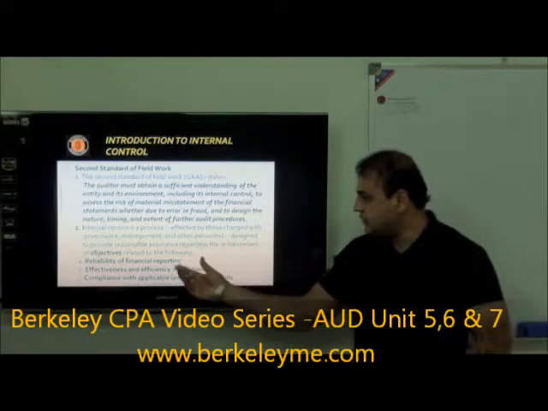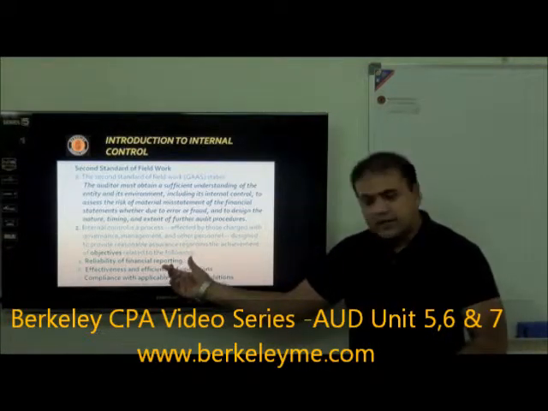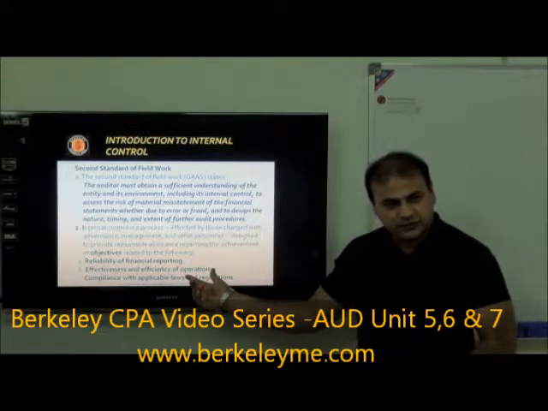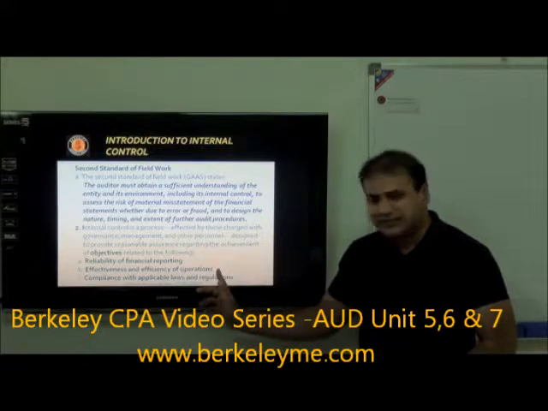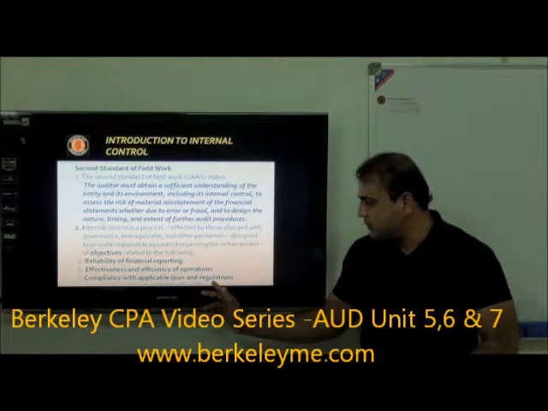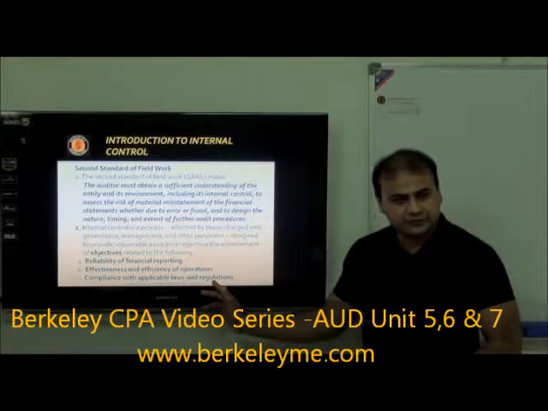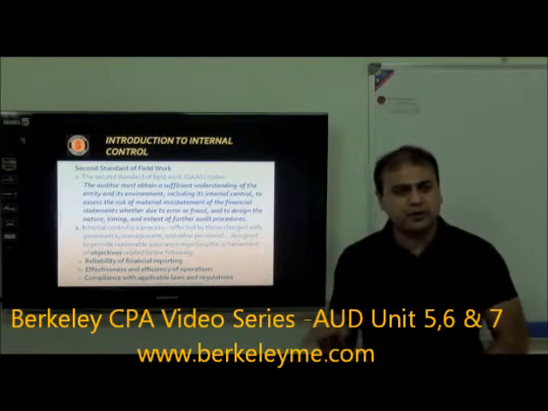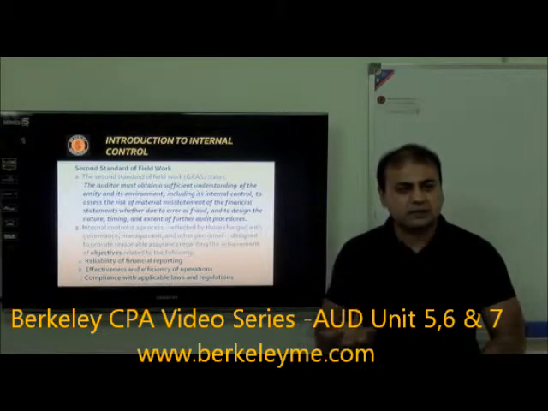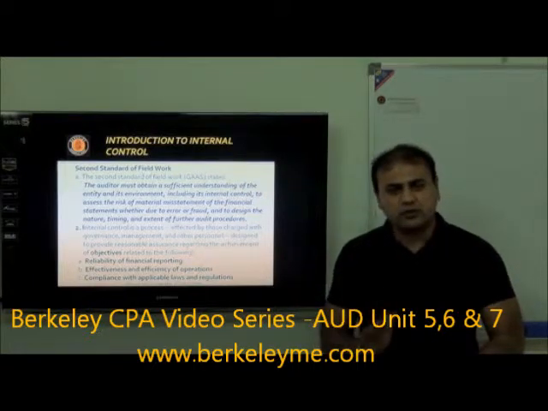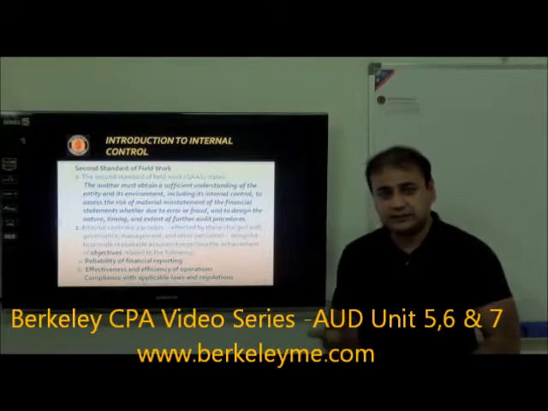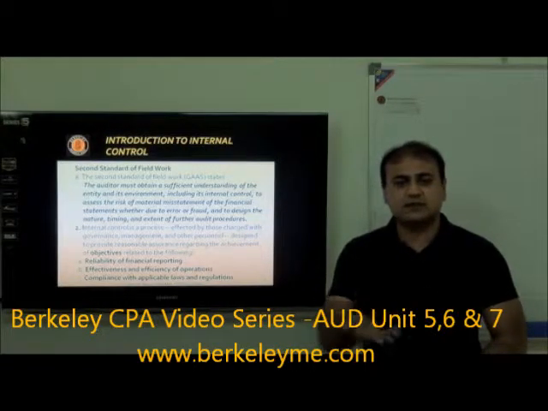Regarding the achievement of objectives related to the following: reliability of financial reporting, efficiency and effectiveness of operations, which will come from the test of control, and compliance with applicable laws and regulations. It may be company law, or it may be in accordance with US GAAP. Whatever the compliance part is, it will be addressed. The control part should also be addressed. And the reliability of the financial statements is an endorsement which the external user is looking for.